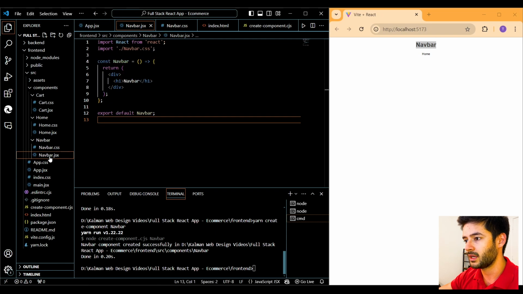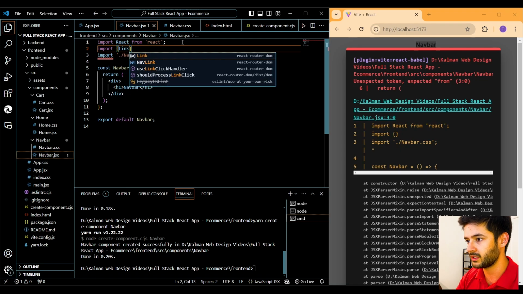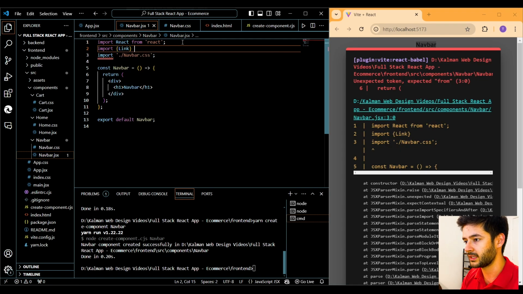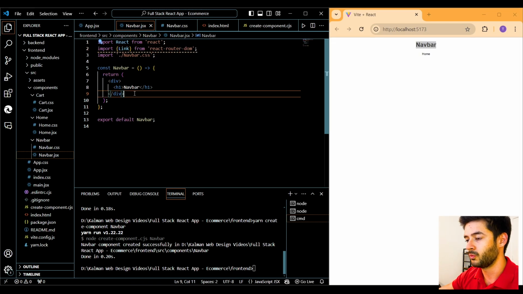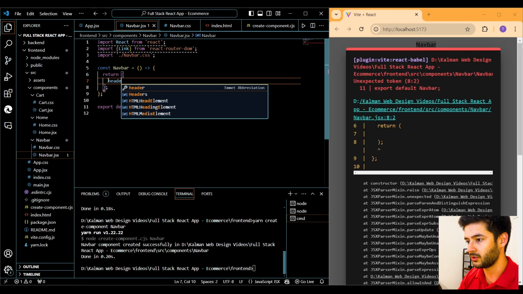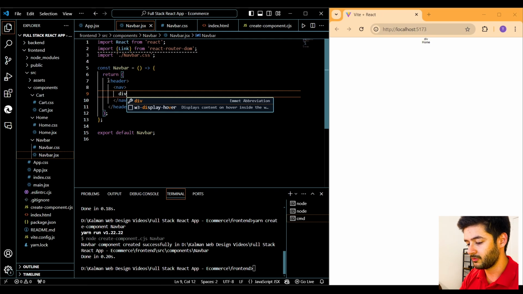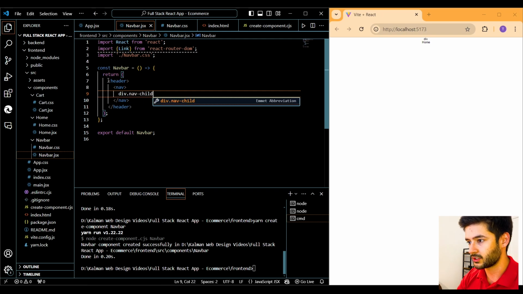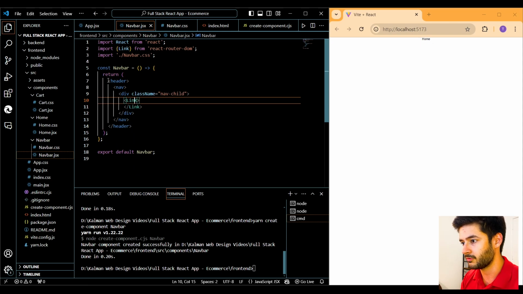Now back in the navbar.jsx, I want to go ahead and import one thing from React Router DOM, and this is specifically going to be our link, so we can link to our different components. So this again needs to come from React Router DOM. What I want to do is get rid of all of this code here, and I'll go ahead and create a header element followed by a nav element followed by a div with a class of nav-child. And here I want to use that link element that I just created, and inside the first link tag I want to specify to. So I want to go to my home page,